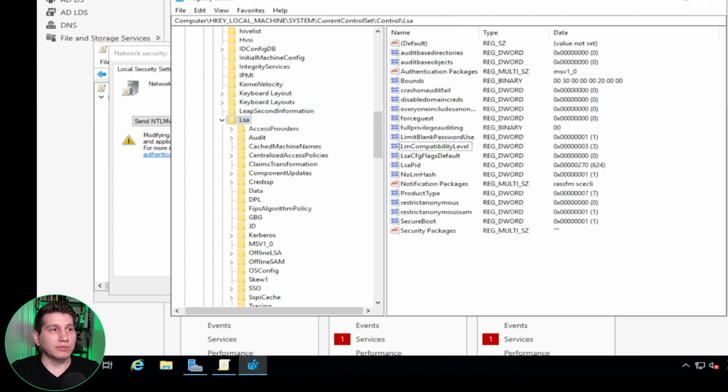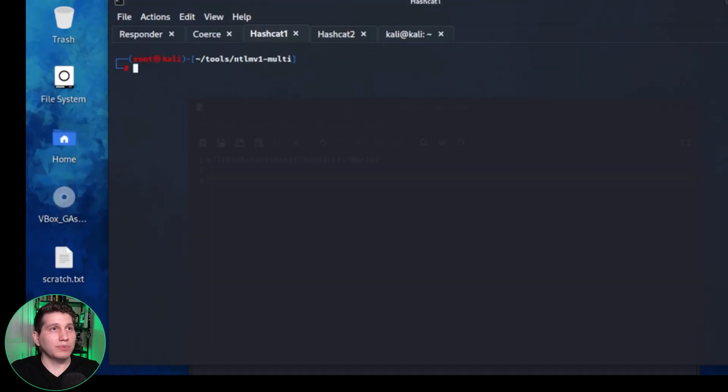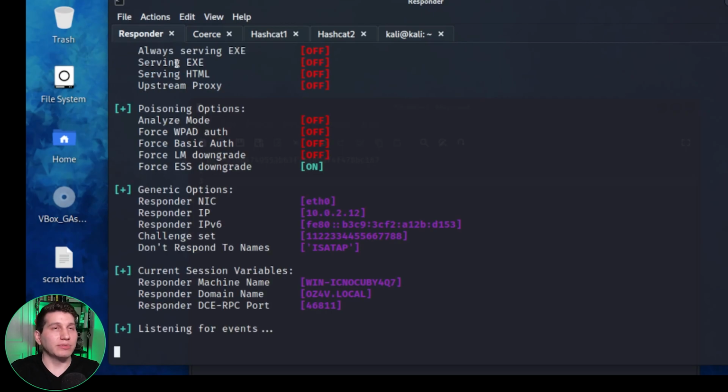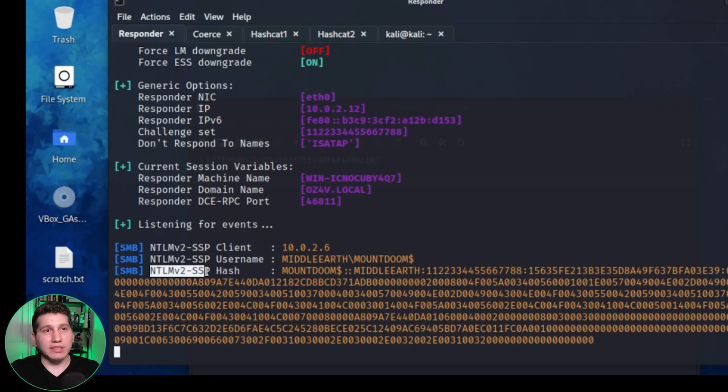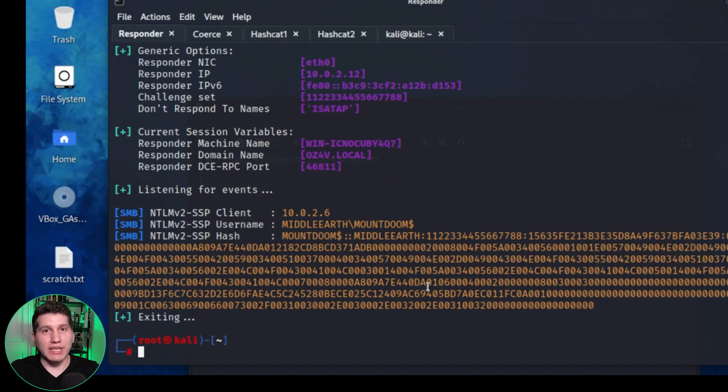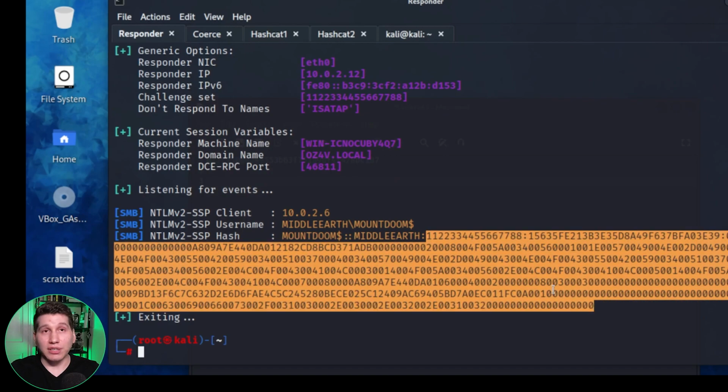And if we were to go to our Kali machine and try to perform that same downgrade attack, so we have Responder running, asking it to disable ESS, and then we'll perform the coercion attack again. And you can see that now it's an NTLMv2 hash with ESS enabled, even with us requesting that it doesn't enable the ESS flag. And you see that the string's a lot longer,